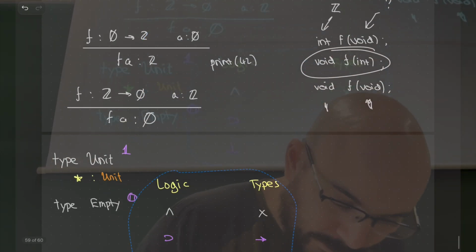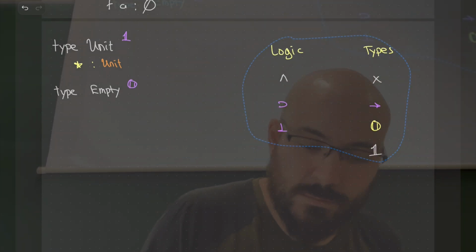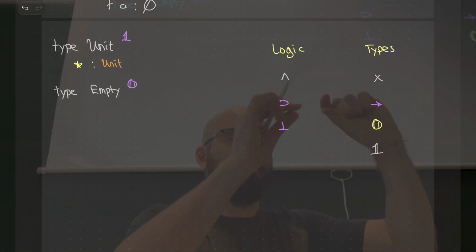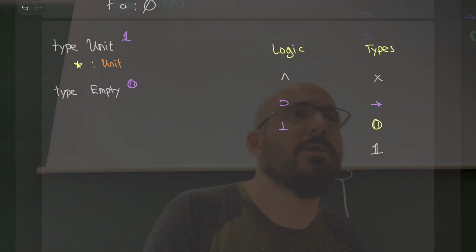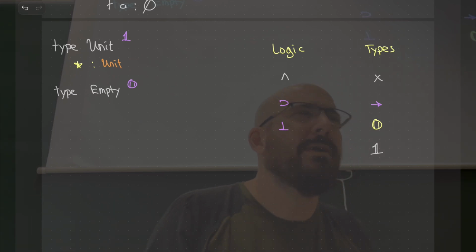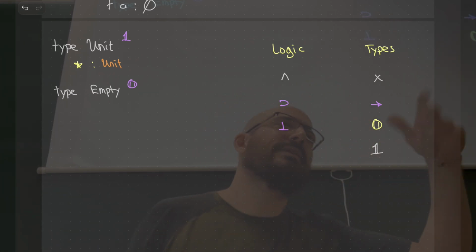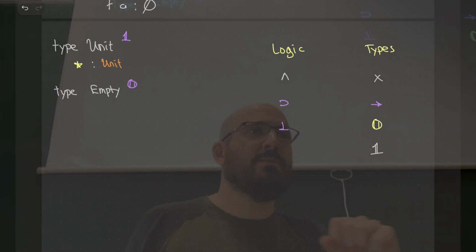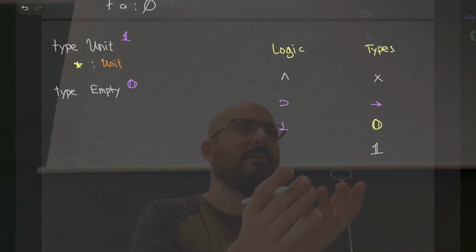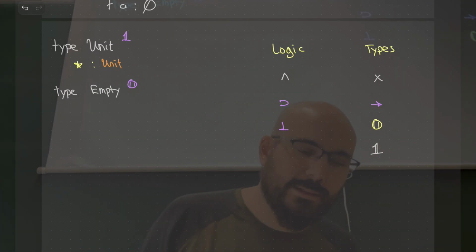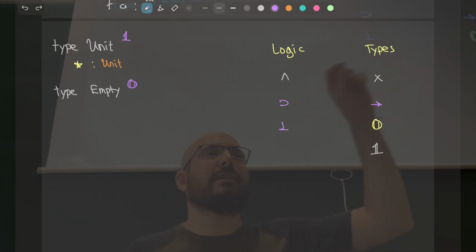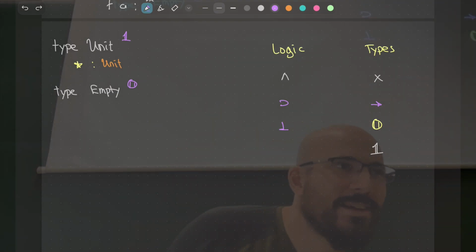Sorry, what is unit type? I didn't understand. The unit type is the type I'm defining right now. It only has one constructor called star, and this constructor doesn't take any arguments. It's already an element of this type. Remember what we did with bool? We had two constructors, one called TT and the other FF. This is another type, with only one constructor, and the constructor is called star. So it's like a singleton, right? If you think of this in set theoretic terms, and this is like the empty set, it's like a singleton that I single out in a sense.